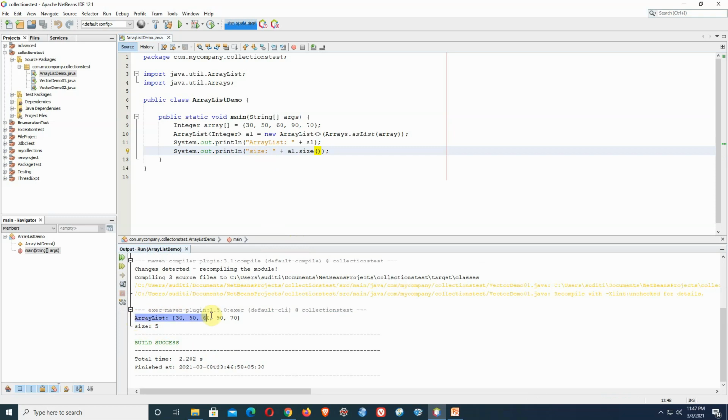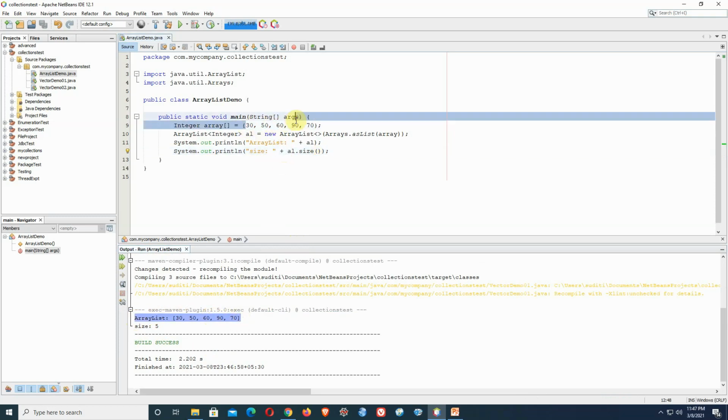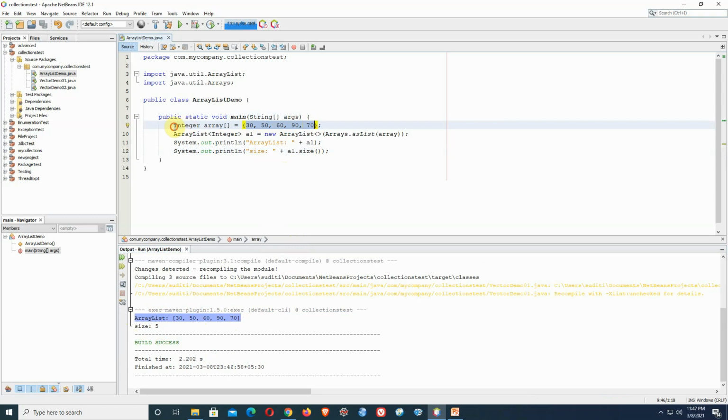So the ArrayList is basically having 5 elements: 30, 50, 60, 90, 70. Initially we have taken an integer array. Now we have passed this as an argument to the ArrayList class constructor. Arrays dot asList, this particular method has been used to pass this array.